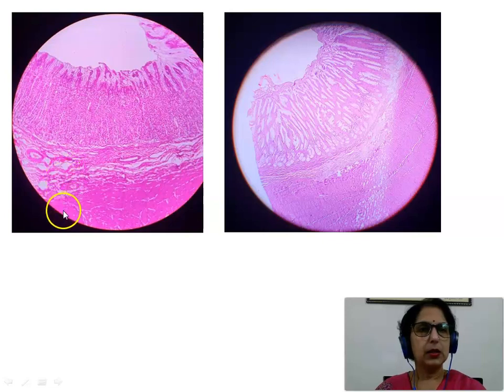The muscularis externa showing 3 layers, inner oblique, middle circular and outer longitudinal, whereas muscularis externa showing here 2 well differentiated layers, a thick inner circularly arranged smooth muscle layer that forms the pyloric sphincter and a thin outer longitudinal layer of smooth muscle fibers. So that was how we differentiate between the slide of stomach fundus and stomach pylorus.